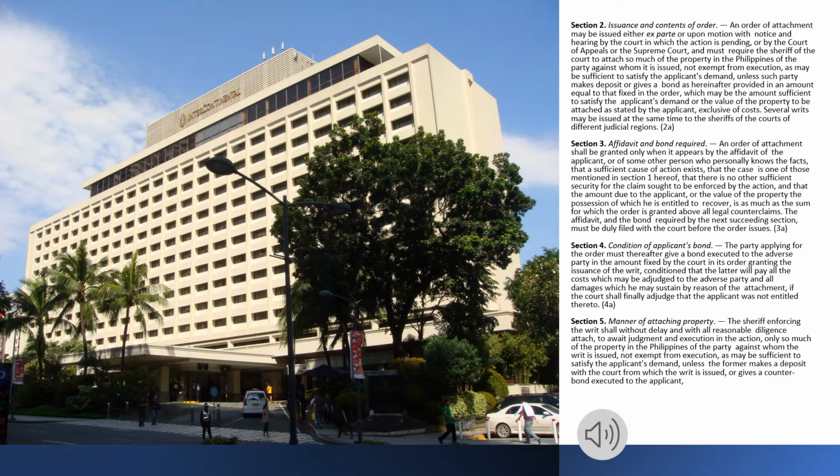Section 3. Affidavit and bond required. An order of attachment shall be granted only when it appears by the affidavit of the applicant, or of some other person who personally knows the facts, that a sufficient cause of action exists, that the case is one of those mentioned in Section 1 hereof, that there is no other sufficient security for the claim sought to be enforced by the action, and that the amount due to the applicant, or the value of the property the possession of